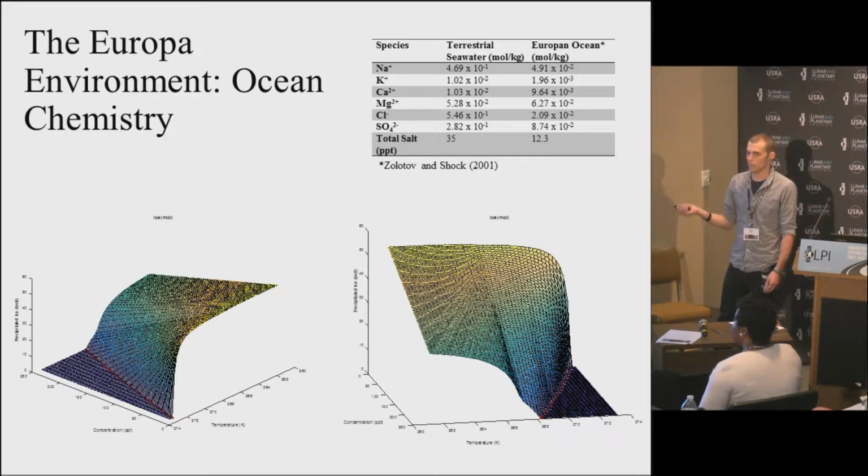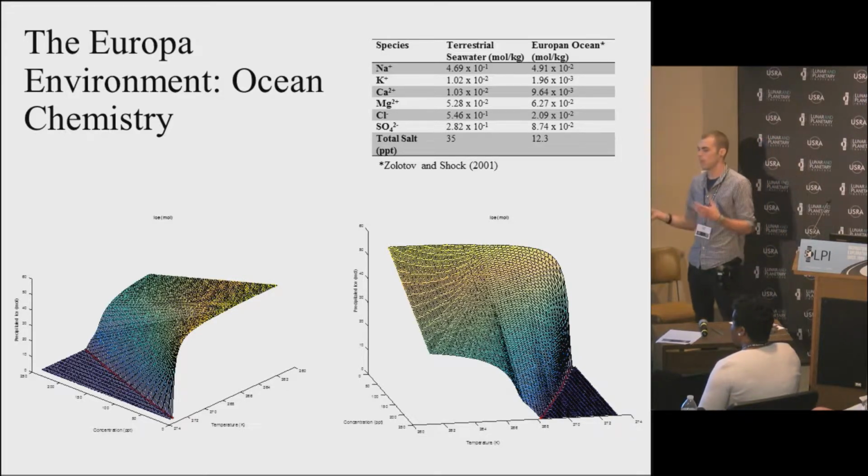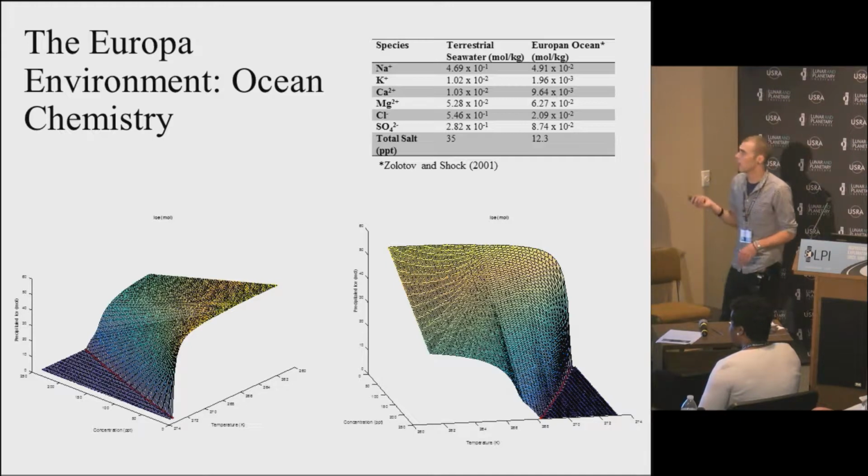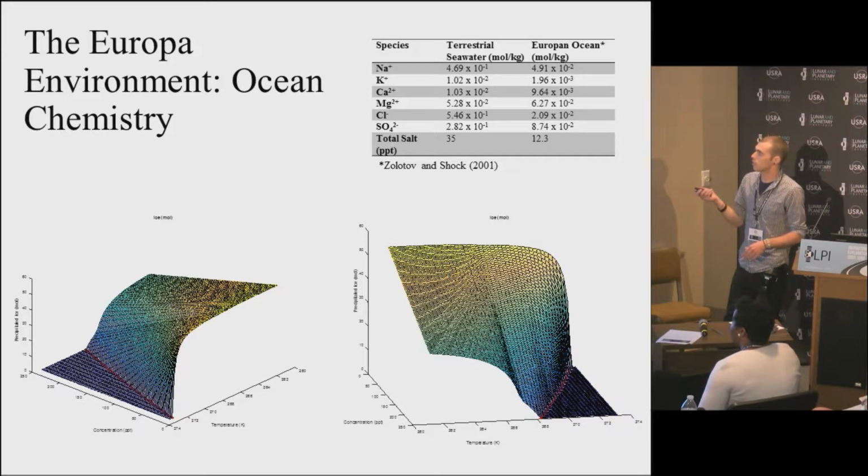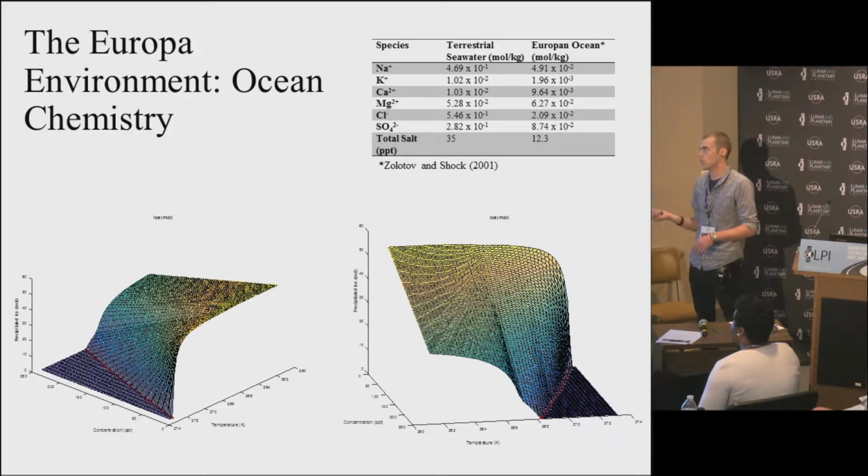For the Europa environment, we kind of use it as a test bed. We had to do some different chemistry. So when we're calculating how the brine's behaving and the interaction between the ice and the liquid, there are pretty well-known liquidus lines for seawater, but not so much for Europa. So we took some